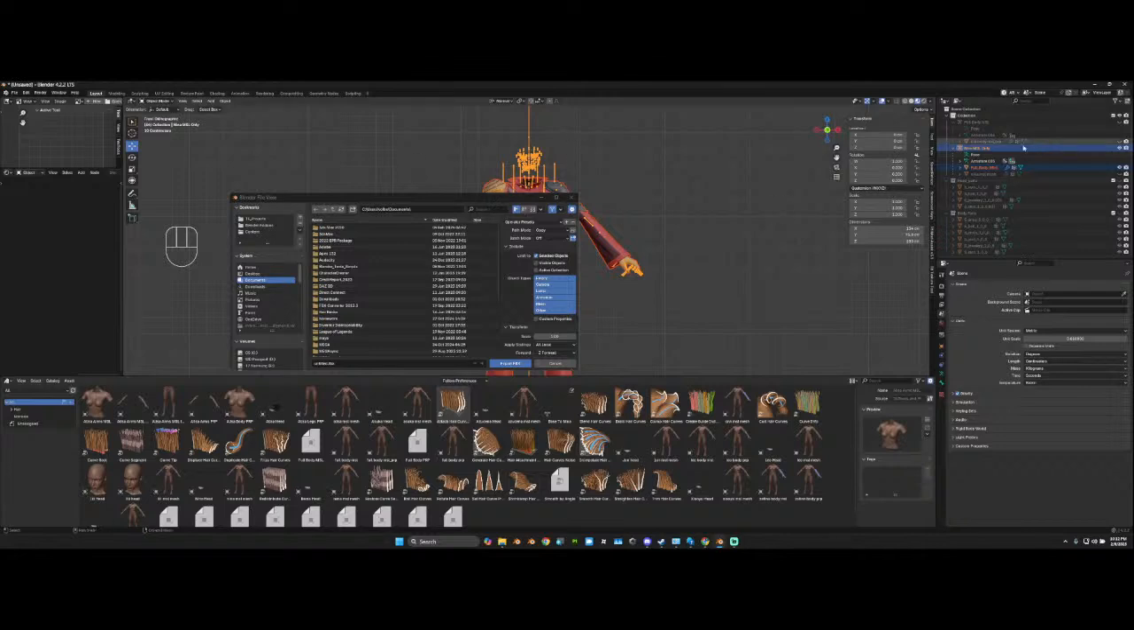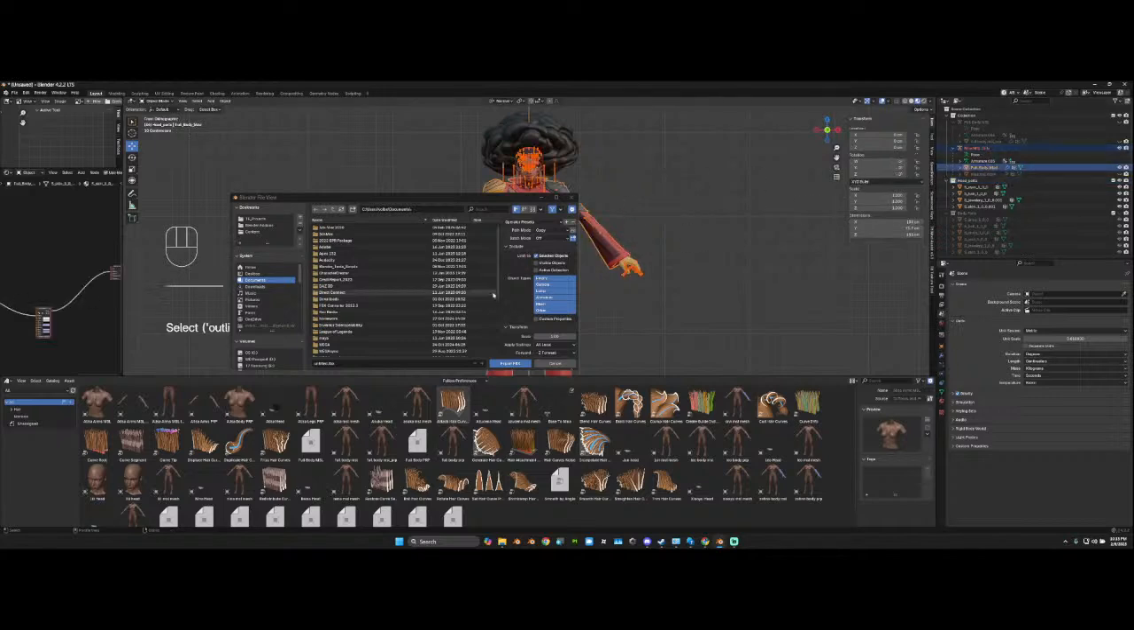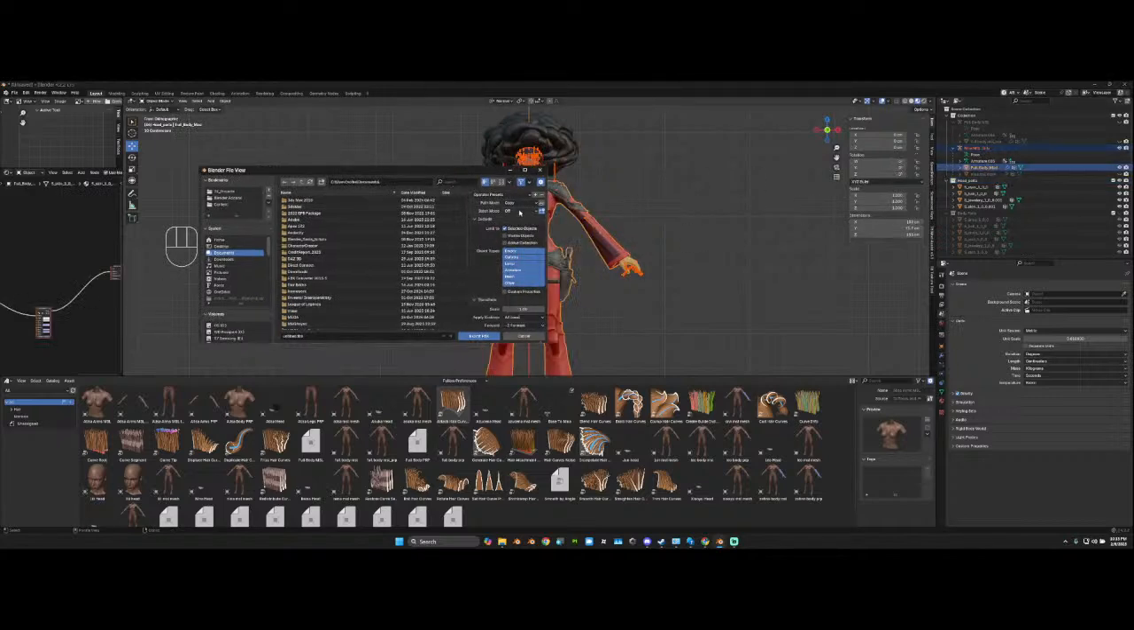And then active collection is if, say, I wanted to just export everything that was in this collection, I could do that as well, right? So I could put these in the collection and export them, but it's whatever. I use the selected objects option,